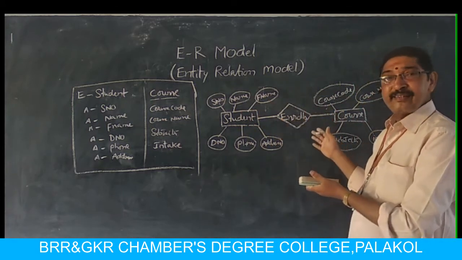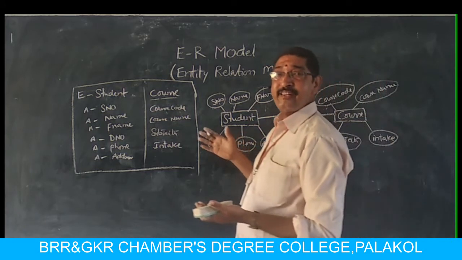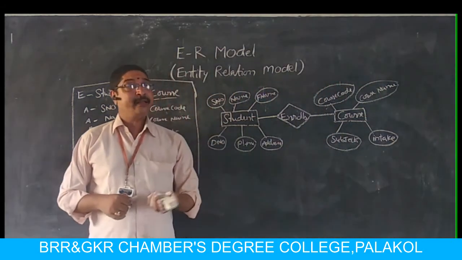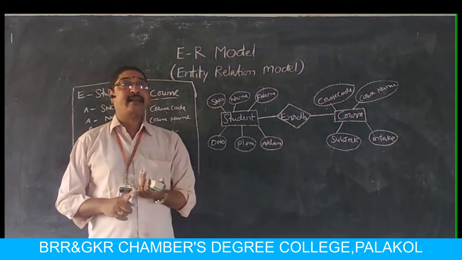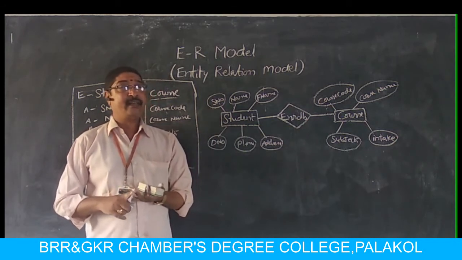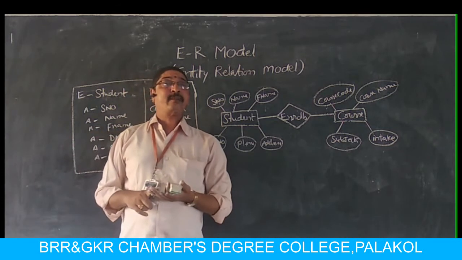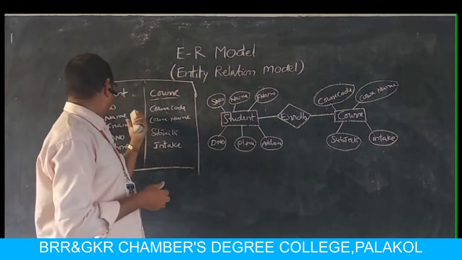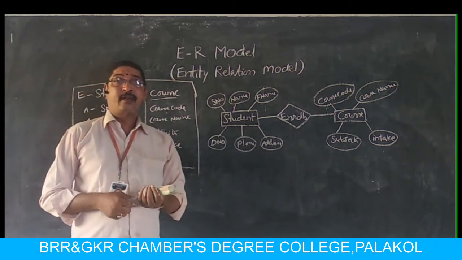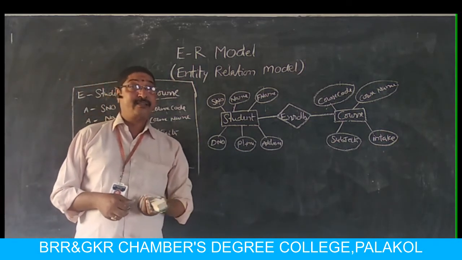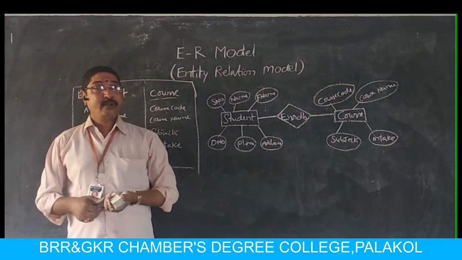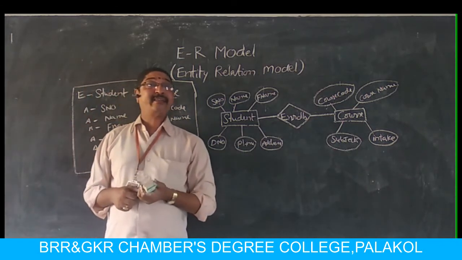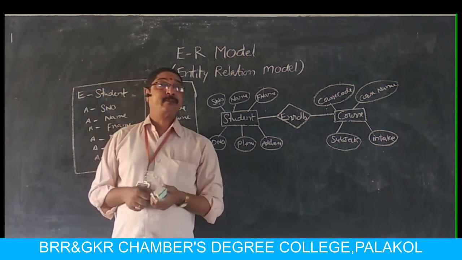This is actually a simple example, but if you take a large system that contains so many entities, for example, if you take a bank, it contains customer as an entity, account is an entity. Like that, you have so many entities. Every entity will have so many attributes. Here I used only maximum 5 to 6 entities, but there will be hundreds of entities sometimes. So, to make it clear, these must be represented as ER diagram.